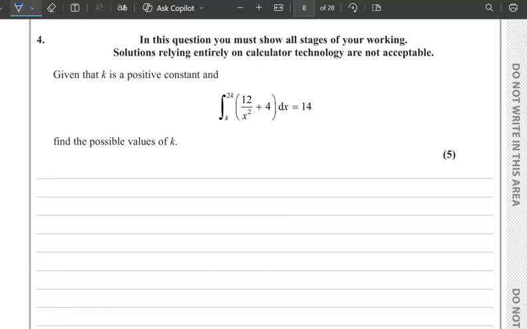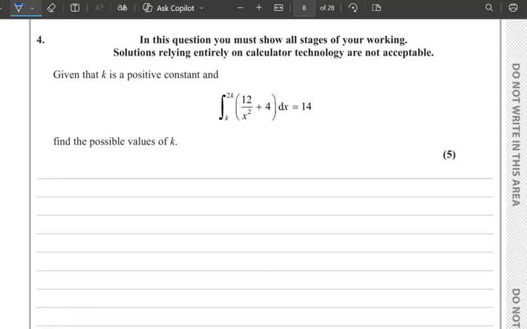Welcome back. Question 4. You're told that given that k is a positive constant, the integral from k to 2k of 12 over x squared plus 4 with respect to x is equal to 14. So find the possible values of k. So number 1,